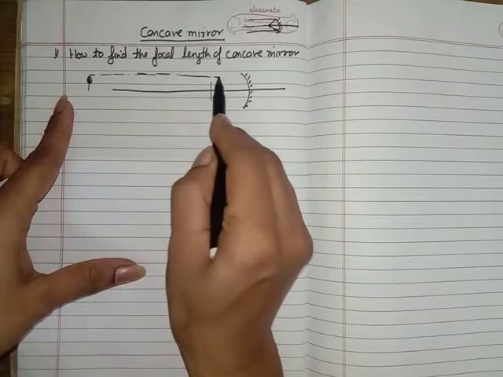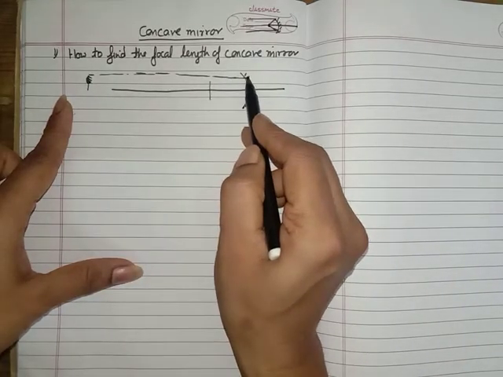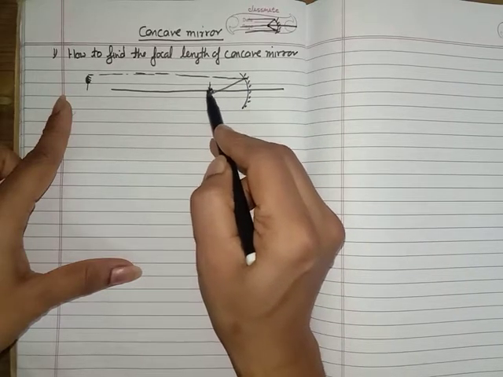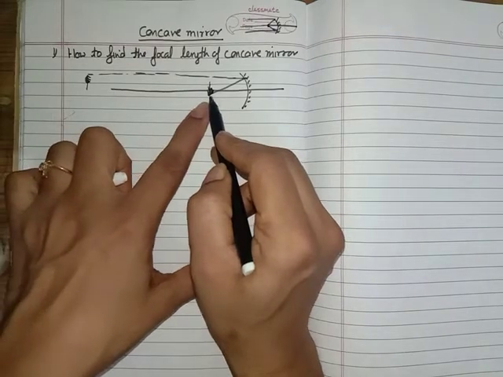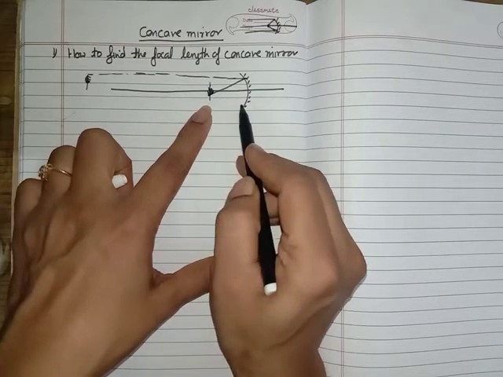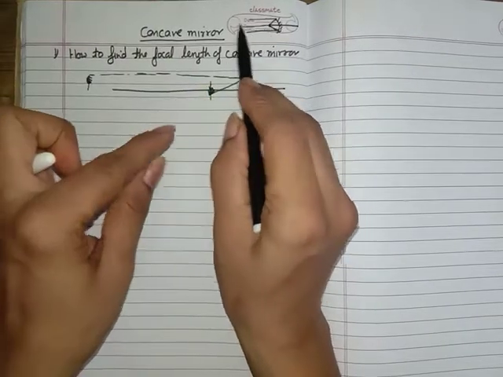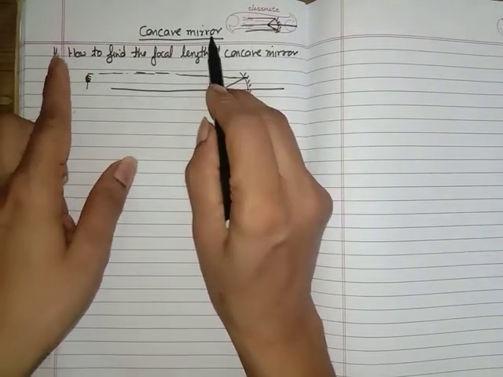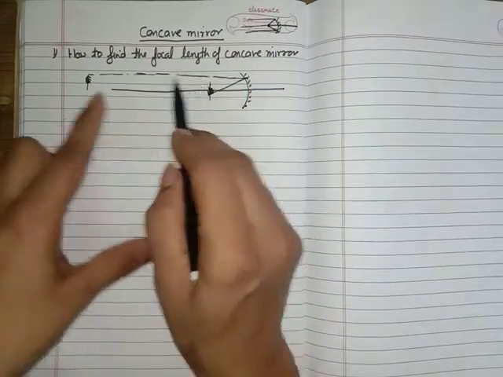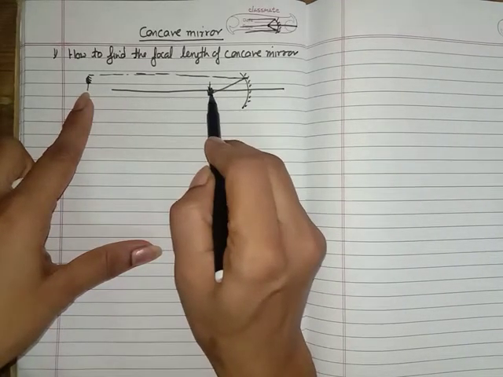Suppose like this, this mirror will obtain the image of this tree like this. Suppose at this point the image is very sharp. It means this is the principal focus of this concave mirror. This is based on the fact that if we place the object at a considerable distance, or at infinity, the image is formed at the principal focus. So if we are using a tree, its image will be formed on the principal focus. So this is the principal focus.